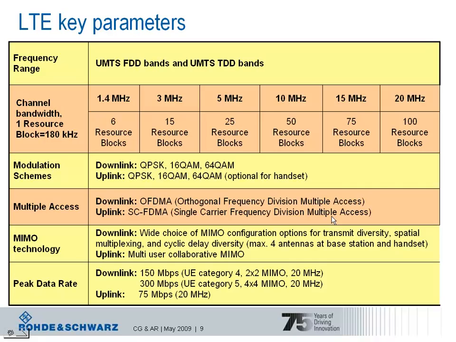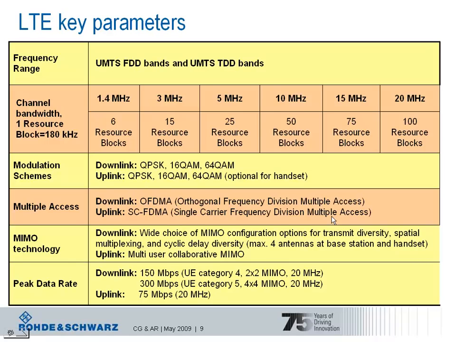The channel bandwidths for LTE. So there are bandwidths defined: 1.4 MHz, 3 MHz, 5 MHz, 10 MHz, 15 MHz and 20 MHz. And each bandwidth is composed of a certain number of resource blocks. As you can see in this table, a resource block is defined to be 180 kHz each, and the resource block represents the smallest entity for a resource assignment. So a terminal or subscriber can be assigned one resource block or multiples of it. And this is true for uplink and downlink. So 1.4 MHz is represented by 6 resource blocks, and so on